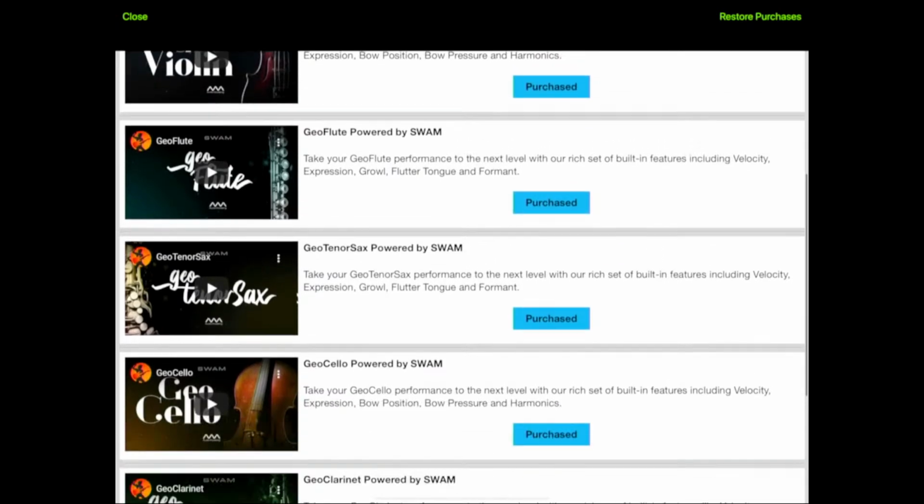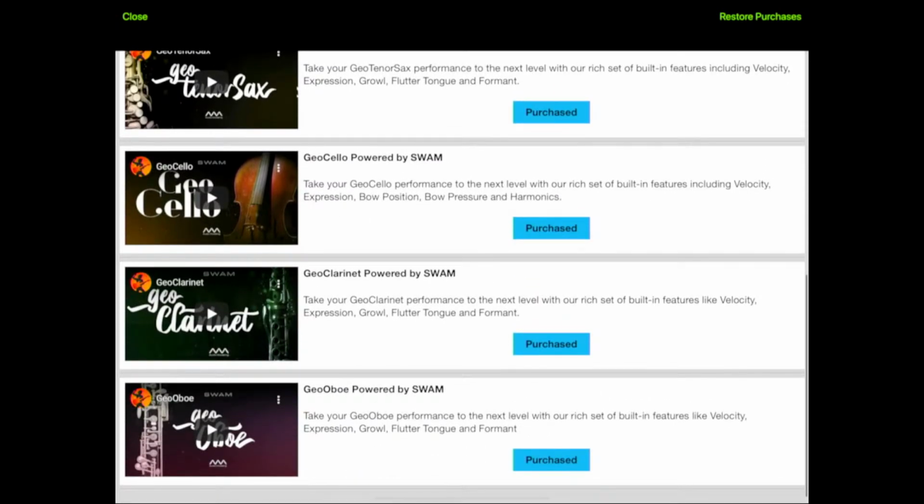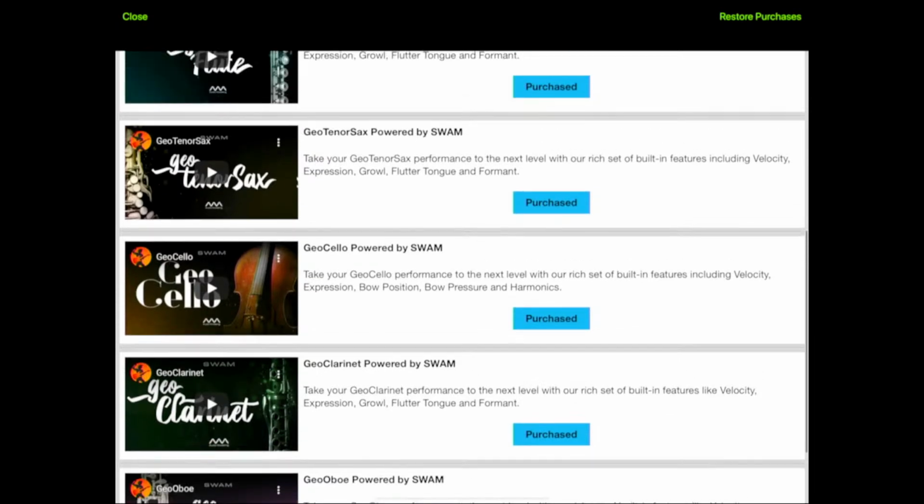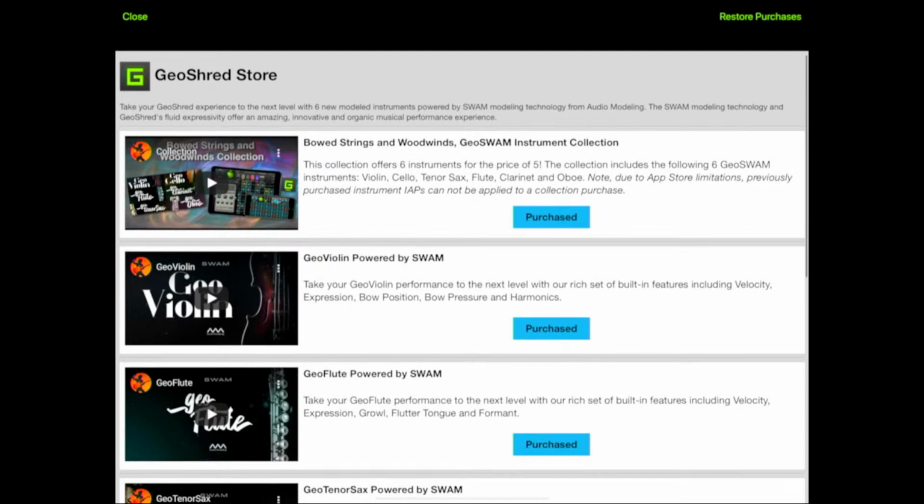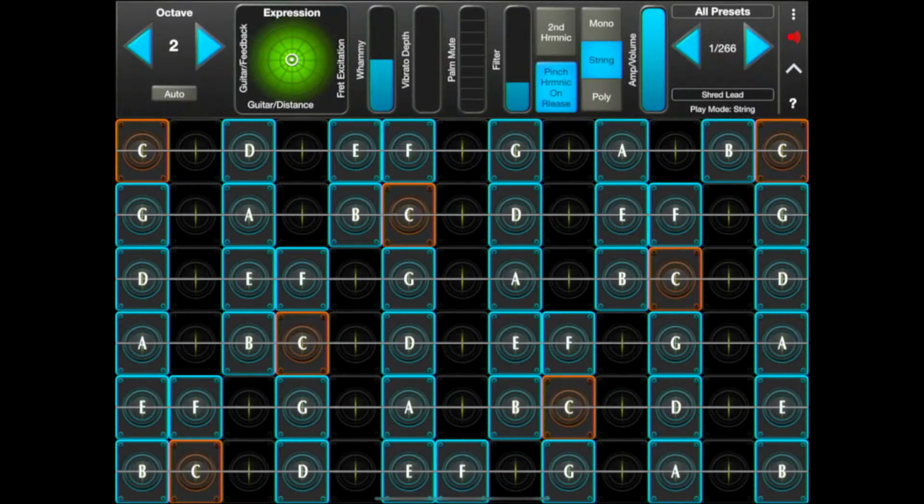All right. So what you get with these new Swam instruments: an oboe, a clarinet, a cello, a sax, a flute, a violin. And so this is the whole collection here at the top, the bowed strings and woodwinds. And man, do they sound incredible. But we're going to kick off today just with the guitar sounds, just to give you an idea what's going on. So when you hold your finger down on any of these notes here,